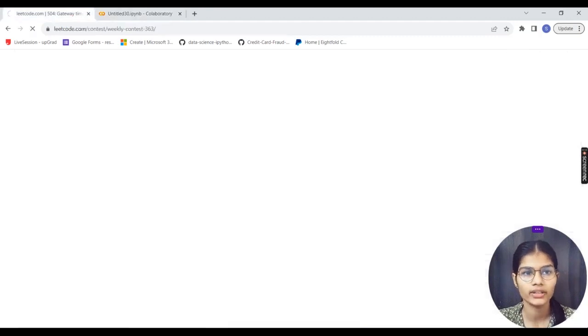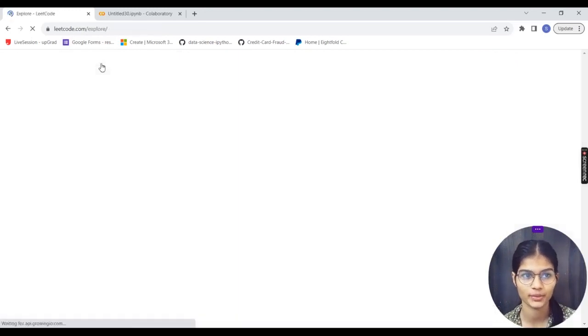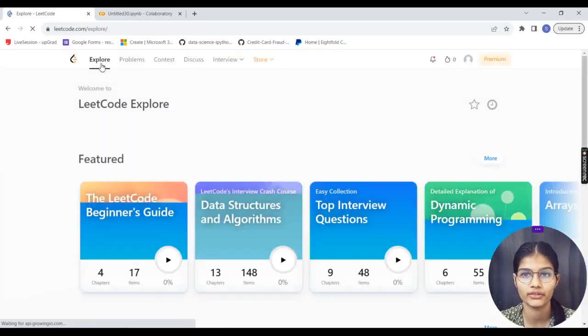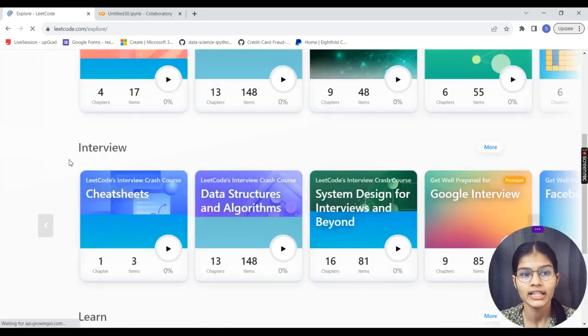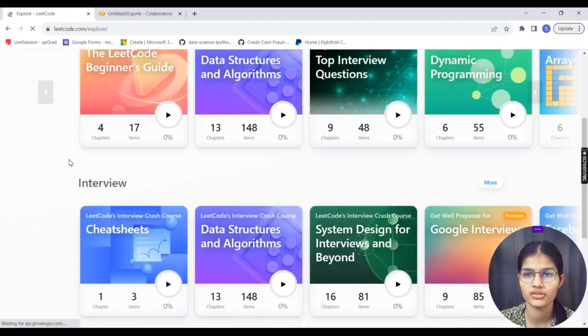Wait a second, I would just show you about this LeetCode thing which I was talking about. Just give me a minute, then we'll proceed further. I would go with Explore. I'll first show you from Explore what it is all about. See, these are the LeetCode things. Here you have the beginner's guide, top questions, dynamic programming.